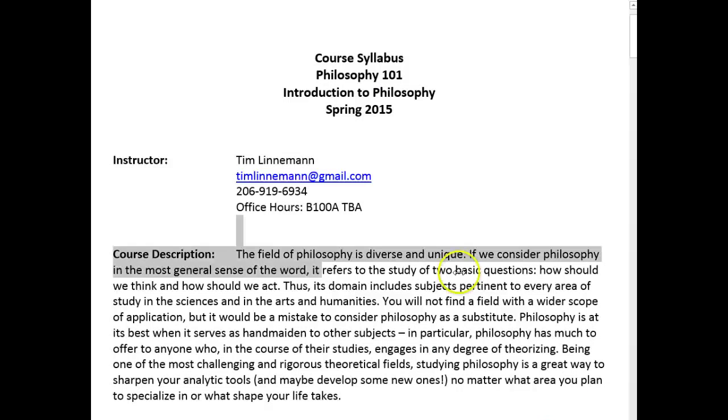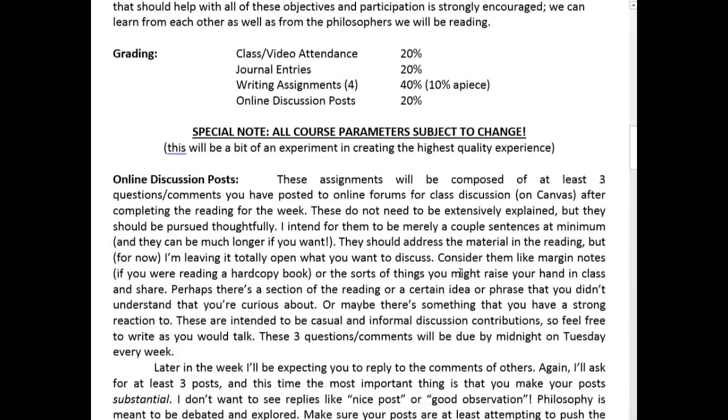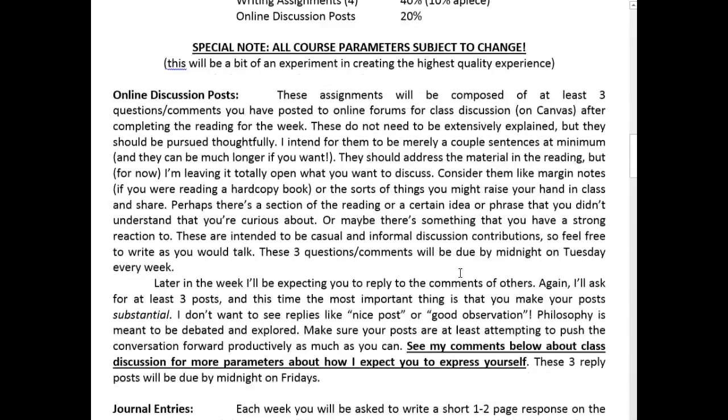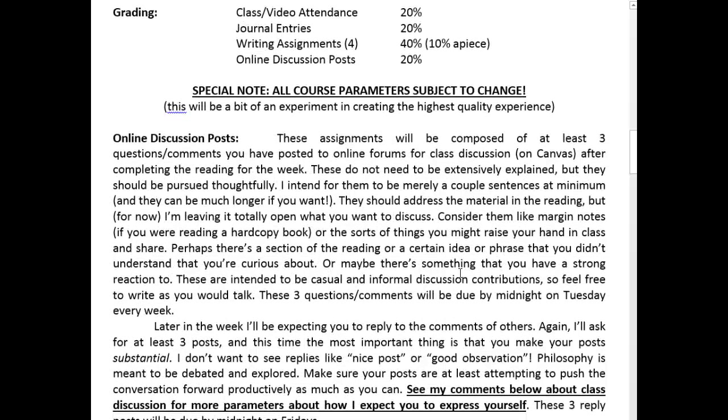And I actually have the course syllabus set up right here, so we can look at the different elements and you can follow along with the syllabus. So let's take a look. This course description stuff, that's what I'll be talking about on Wednesday, and what philosophy is. I got 3 different definitions there. Hopefully you've taken a look at it.